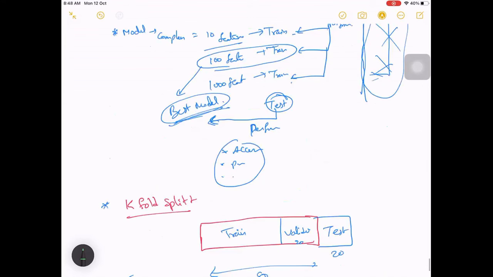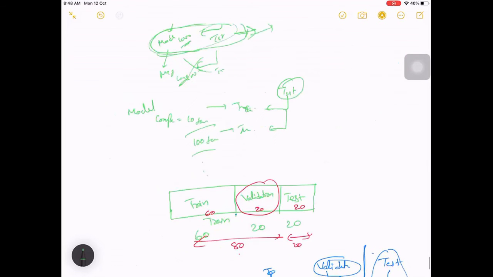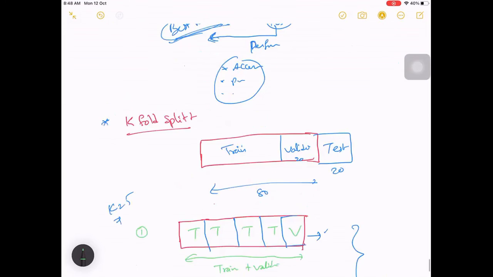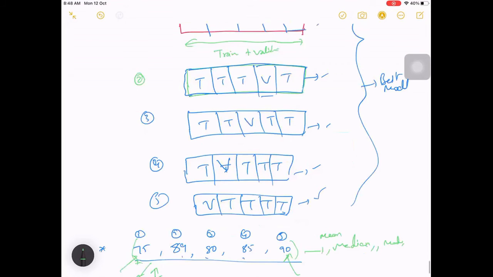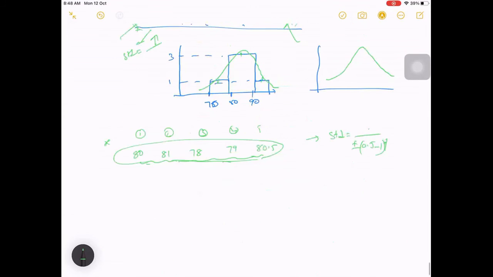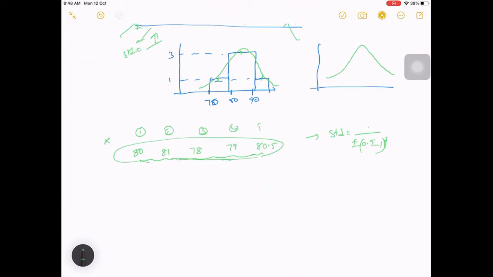Even for every model, maybe a higher complexity model or a low complexity, simpler model as well, you report your validation accuracy, like the mean and standard deviation of your validation accuracies, and we also report the test accuracy, right? So now let me go to how it is implemented in scikit-learn. So just a moment.